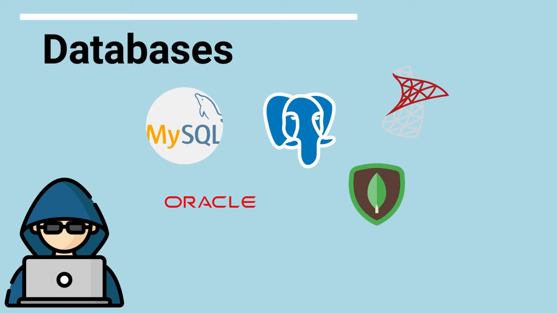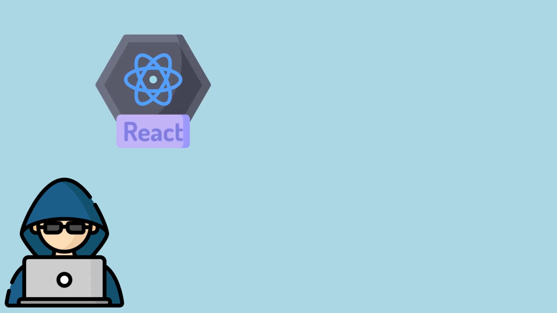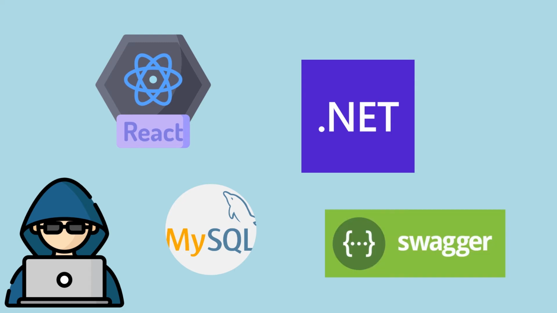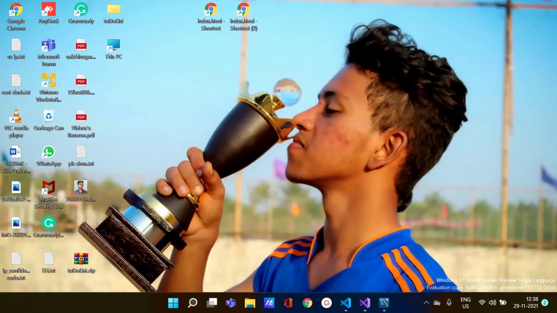Now let's see the working of these by running an example application, which is a to-do list web application. It is developed using React.js for front-end development. The API is developed using .NET and the database used is MySQL. Additionally, we use an API testing tool, which is Swagger. It is an open source documentation framework. Swagger reads an API and presents it in the form of an interactive UI called Swagger UI. It creates a platform that arranges each one of our methods like get, put, post, delete, and categorizes our operations.